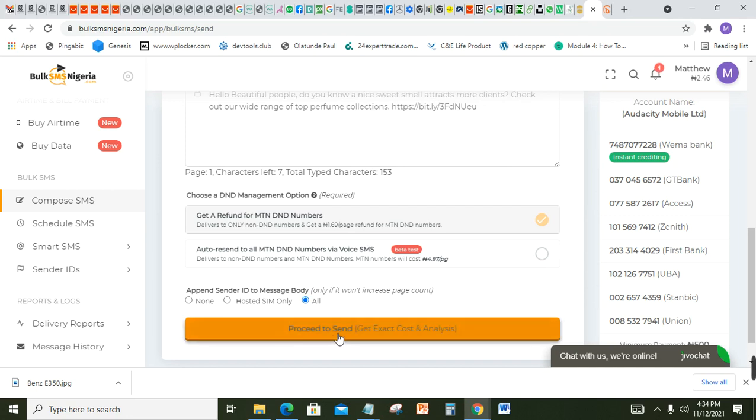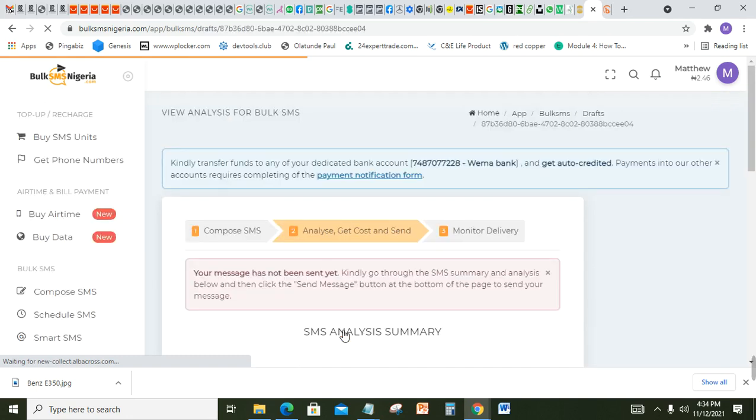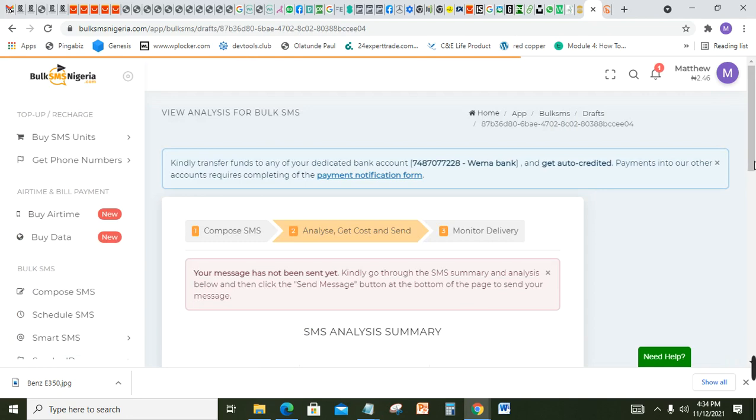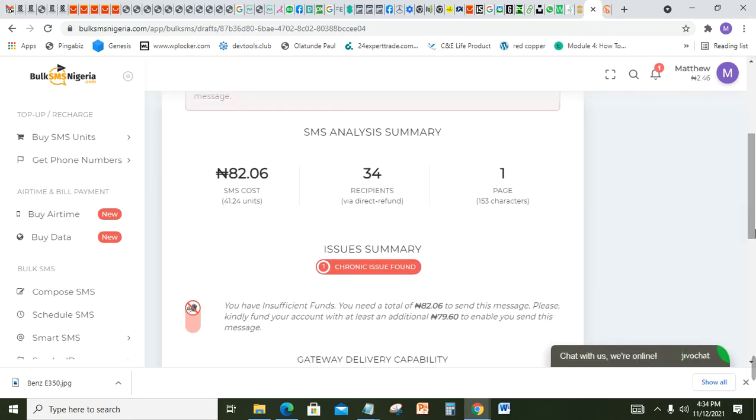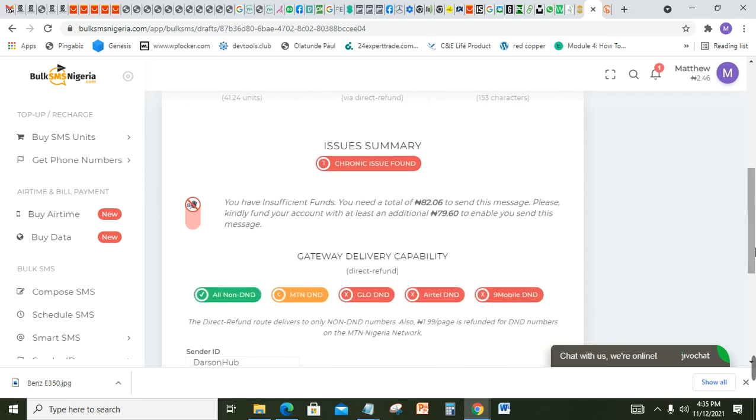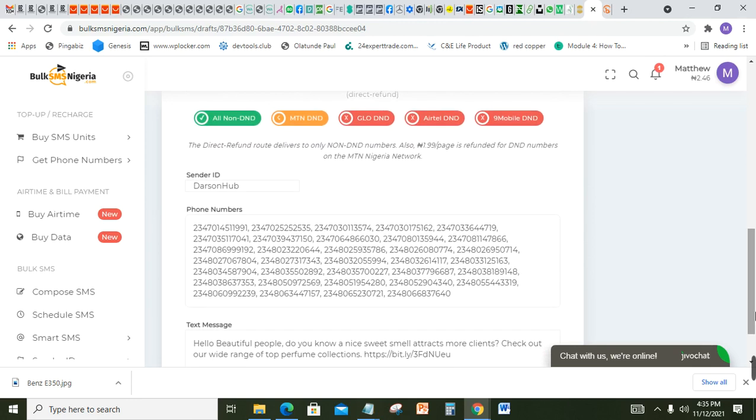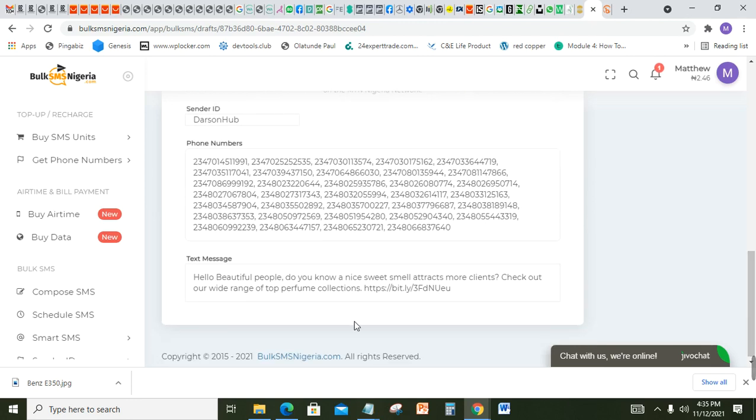So you click on Proceed to send, and get the cost analysis, to show you if you have enough to pay for it. Now it shows 82 naira. The cost is 41 naira 24 kobo, but that's more like times 2. You have 34 recipients. How many pages? One page, 153 characters. So if there is sufficient funds, all you will see is